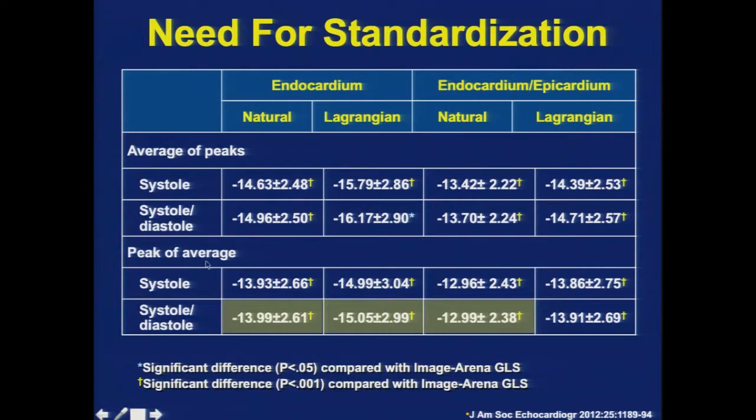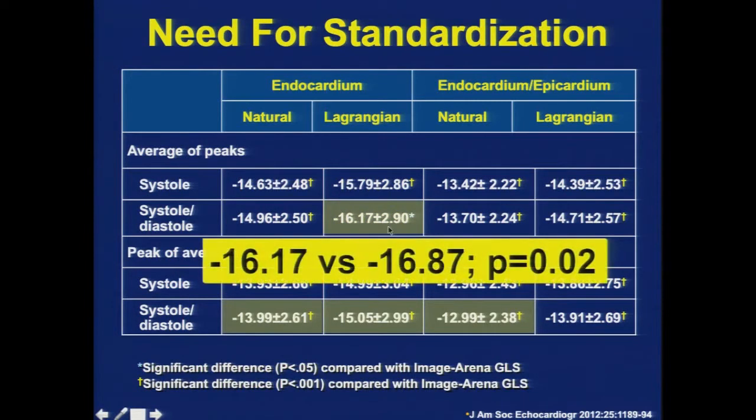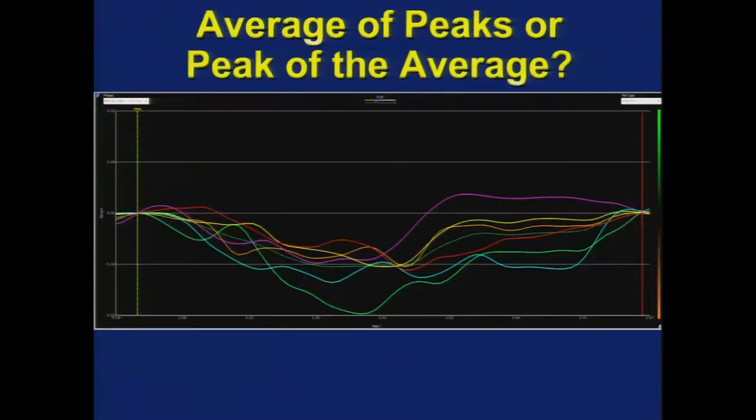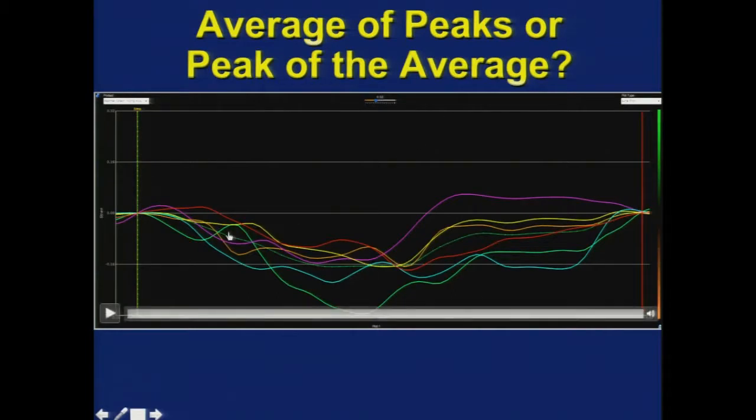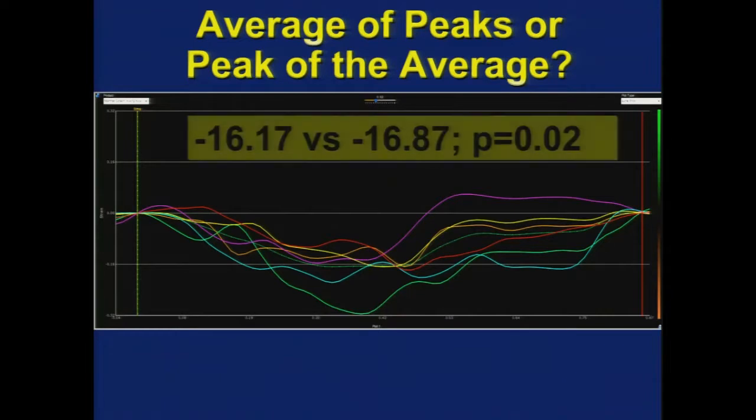One looked at the peak of the average curves and the other looked at the average of the peak curves. If we corrected for that, the value went from 12.9 to 16.17. So now the values, although statistically a little bit different, were much closer. I just wanted to share with you the average of the peaks or the peak of the average. Here we see 6 curves, and in the middle there's a little dotted curve, which is just the average curve. You could measure the peak of the average curves, or you can average the peaks of all the 6 curves, and you're going to get a different value. So simple things just simply need standardization.